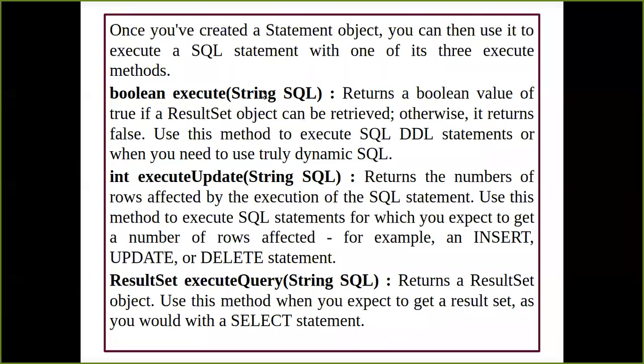For example, I have a select query, and I'm using the execute method, and I'm saying select star from employee. So what is my expectation? I'm going to get the whole table from there, and that is going to happen with the help of the execute method. If I get the whole table as a response, it is going to give me the Boolean value true. If it is successfully retrieved from the table, it gives me true, otherwise it gives me false. So it has been specifically used for the DDL statements.